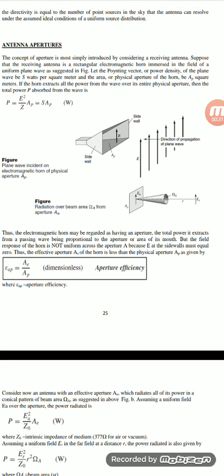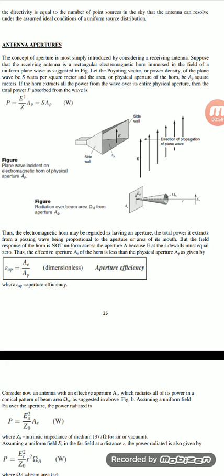Poynting vector or power density. See, the power density value P is equal to E square by Z, that is S equal to E square by Z. Then how to calculate? First, given the value of the side wall and the side wall. Given the front of the wall, what is the length of the wall? E. Okay, the length of the wall is E.